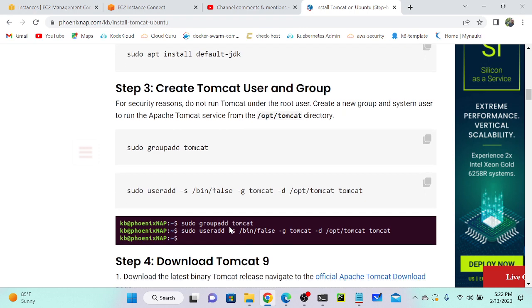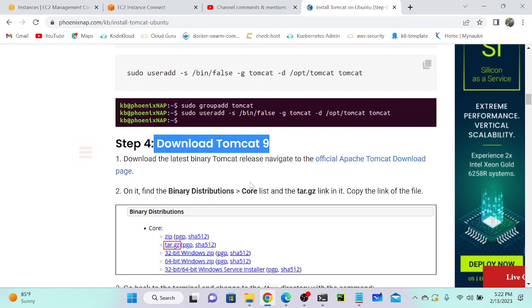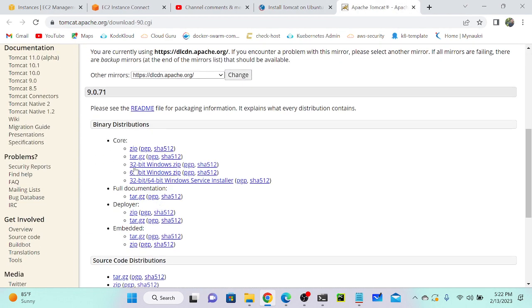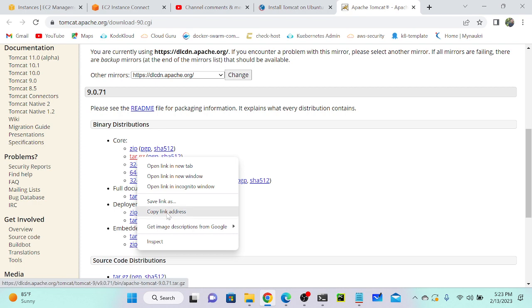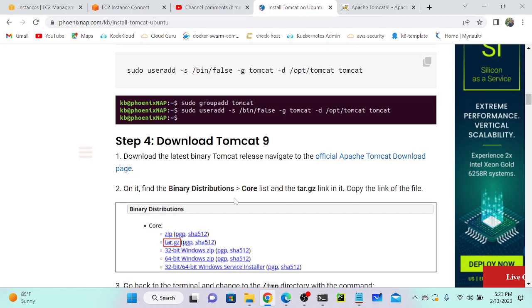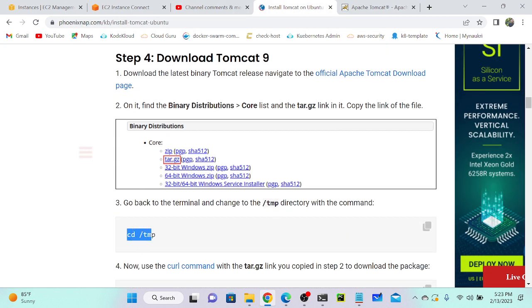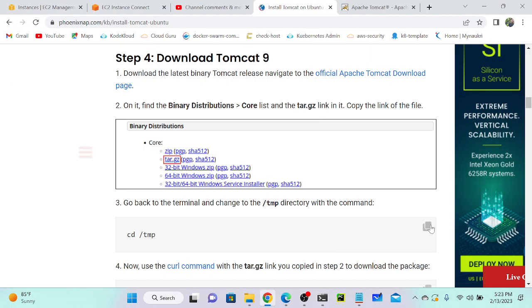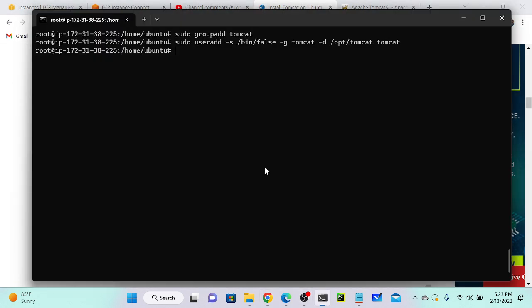Then I will download Tomcat. For that, click on the official Apache Tomcat download, and it will redirect to this page. Click on the tar.gz file and copy this link address. I'll go to my virtual machine. Before that, we have to change our directory, cd /tmp.